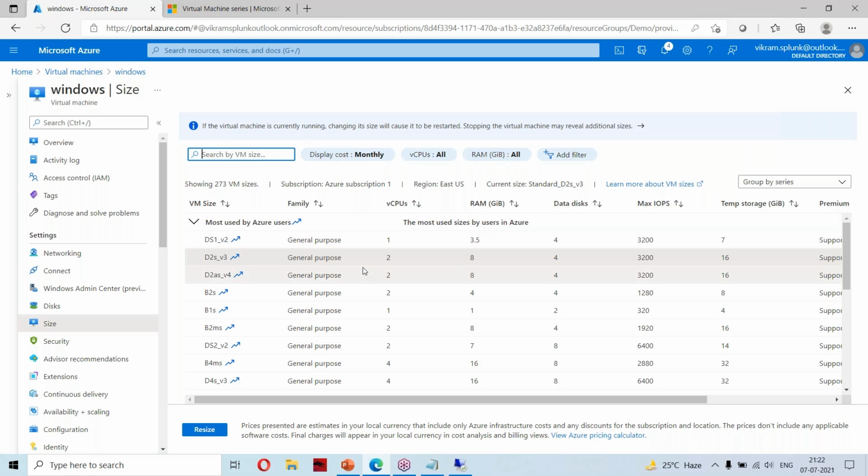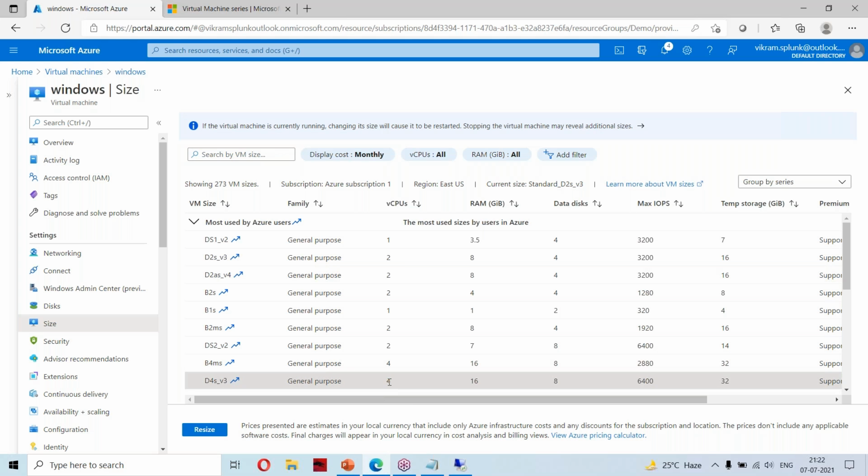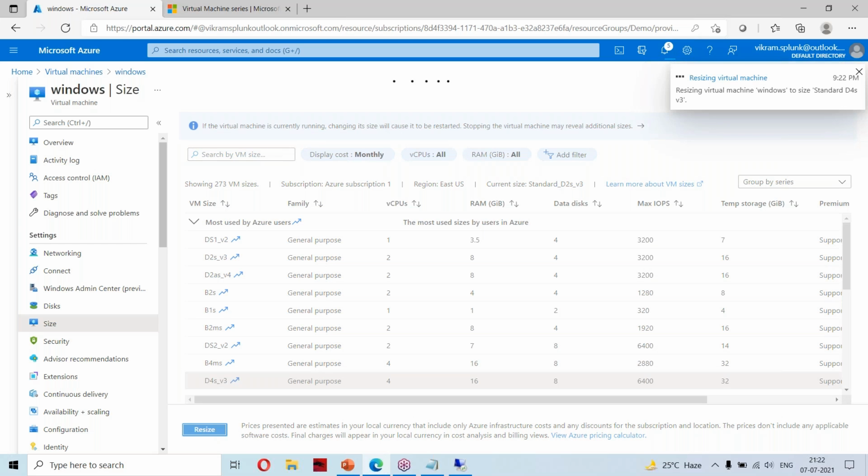Now I am having something like this DS2 V3. I can select this V4, or I can go with 4 vCPU and 16 GB RAM, and click on resize. But this operation will take a lot of time.